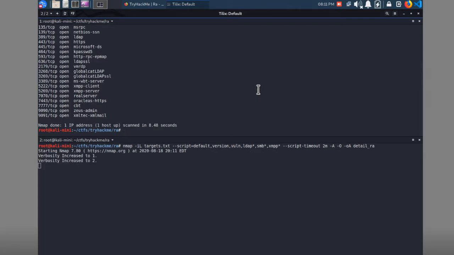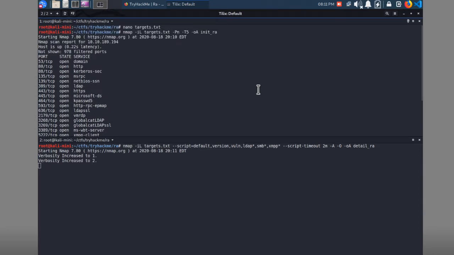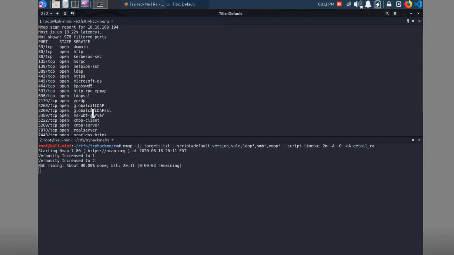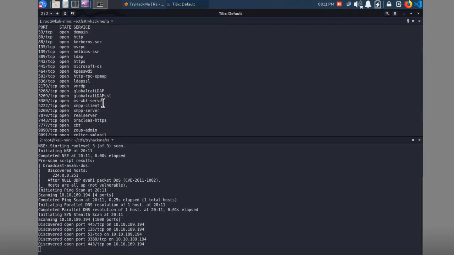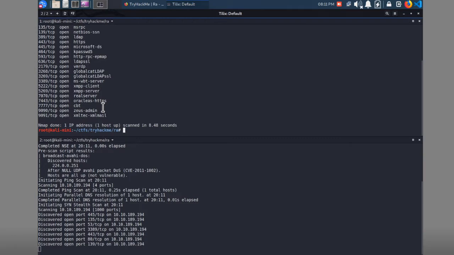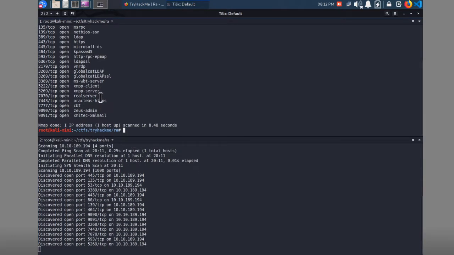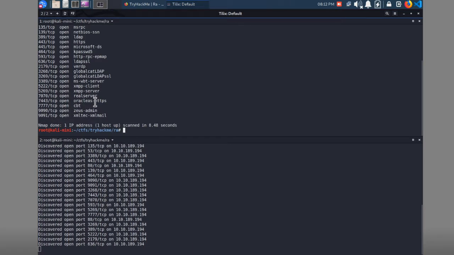So let's look at what ports we got from the initial feedback. We saw port 53, which is DNS. We see port 80, 8080, Kerberos, Microsoft RPC, NetBIOS, LDAP, HTTPS. We also have the Microsoft SMB port. A couple of LDAPs there. We see RDP is available, an XMPP client, which is like a chat client. Something on port 7070 says it's real server, 7443, 7777,